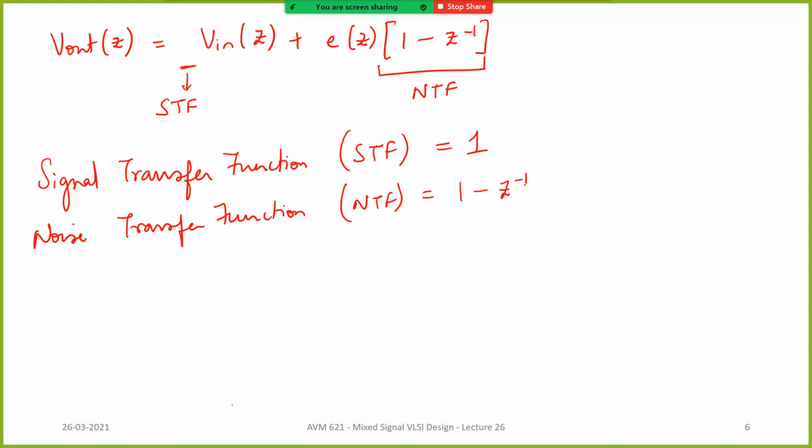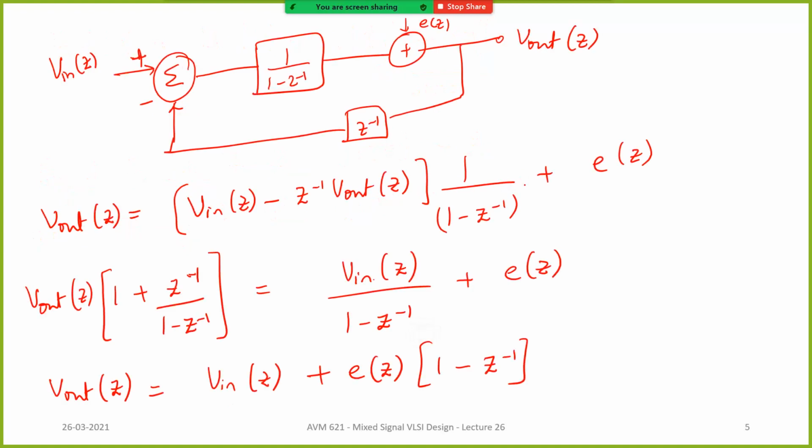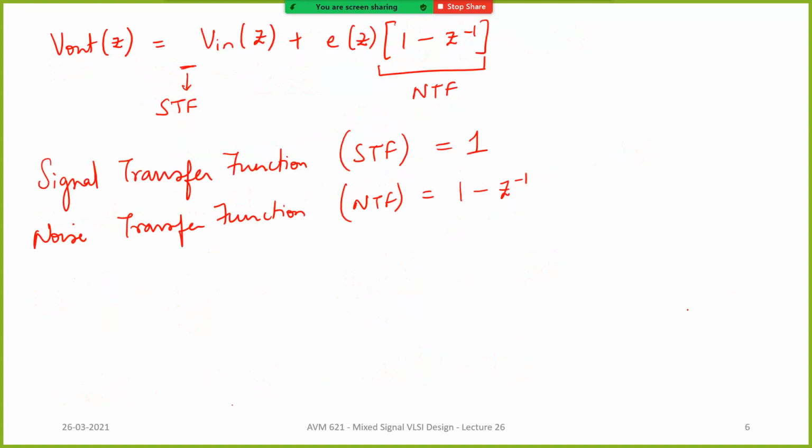Okay. The input is directly appearing at the output. Okay, the transfer function is 1. Whereas the quantization noise error that is being added, right, it is having a certain transfer function between where? To the point that it is added to the output. Okay. Why is it having that? Because of the loop that we have put around it. Right. We have an integrator and we have a negative feedback loop around it. And because of this loop, the quantization noise that is added is having some kind of a transfer function.